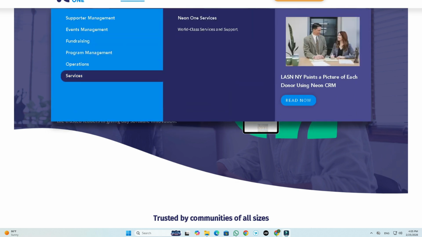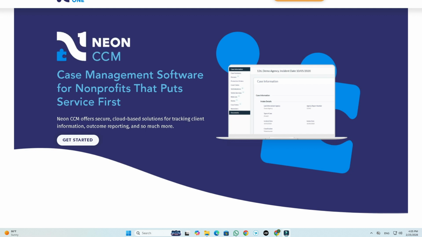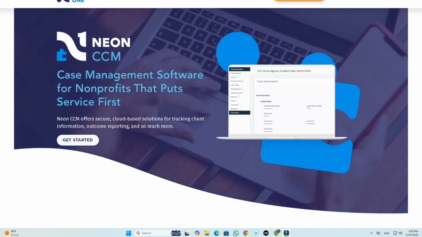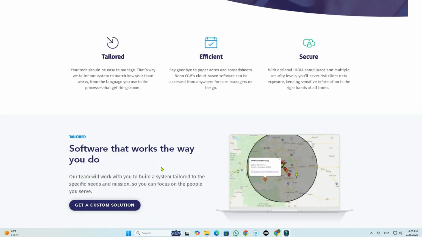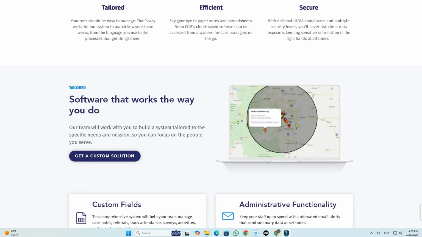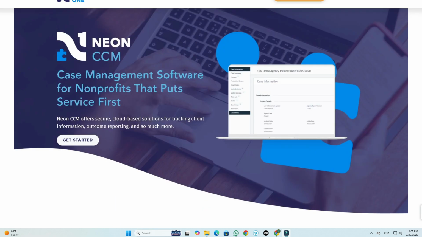Neon CCM. Now, the Neon CCM is a constituent communication manager, which is a tool for nonprofits helping you manage email campaigns, automated messaging, and donor outreach. It is well integrated with Neon CRM for personalized communication strategies. All right? You can get a custom solution if you click this button below. Now, the next section here is going to be the